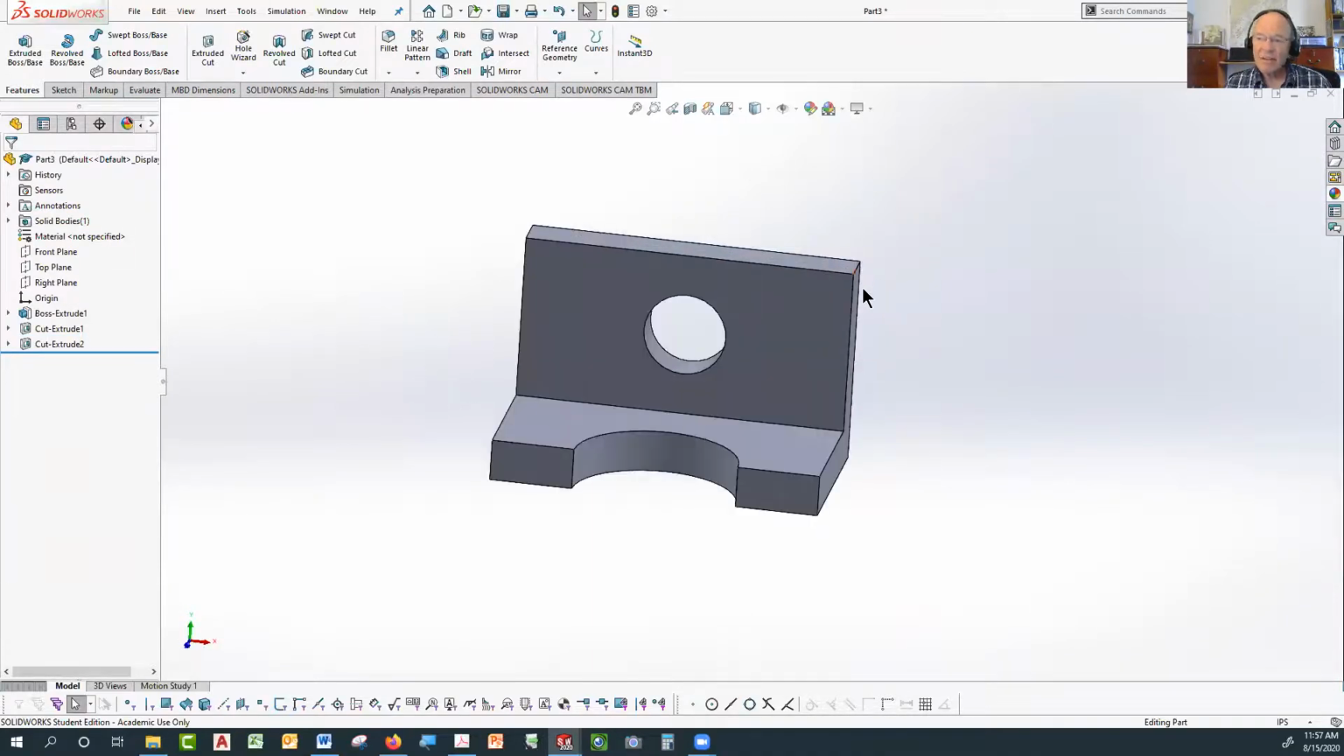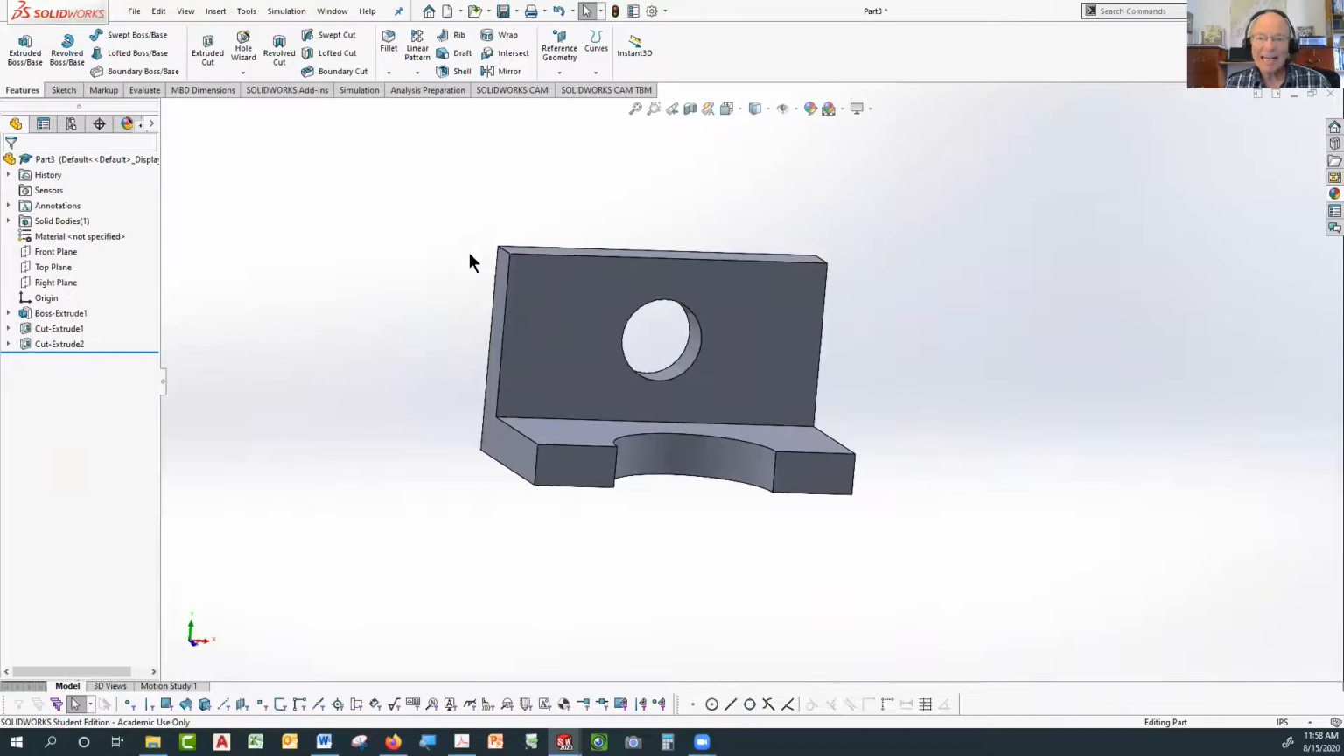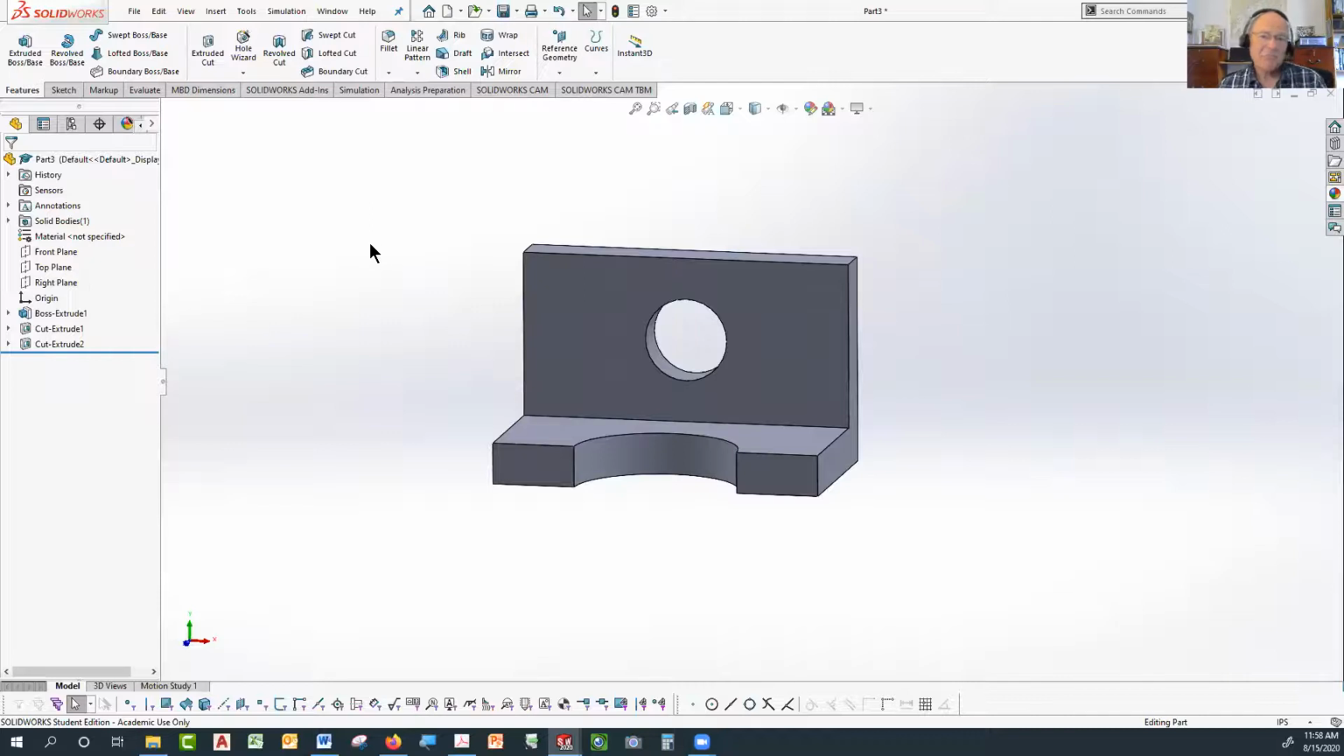Now I do have a couple of rounds right here. The outside corners of those are called rounds. Geometrically, they're exactly the same as something called a fillet. A fillet would be a round on the inside of something, and a round is on the outside of something. But because geometrically they're the same, they're both arcs tangent to two surfaces, we can go over to features, and